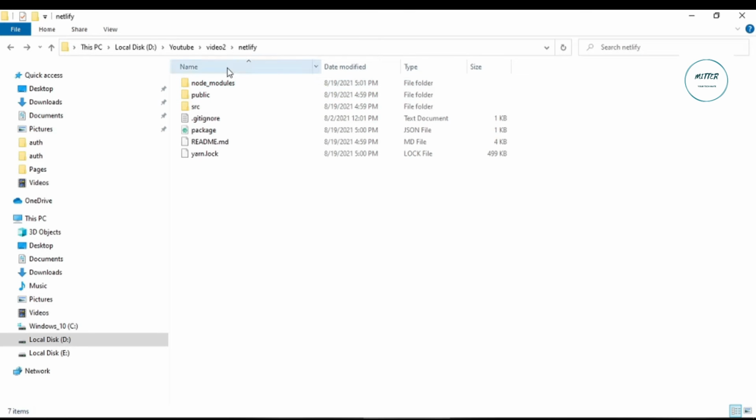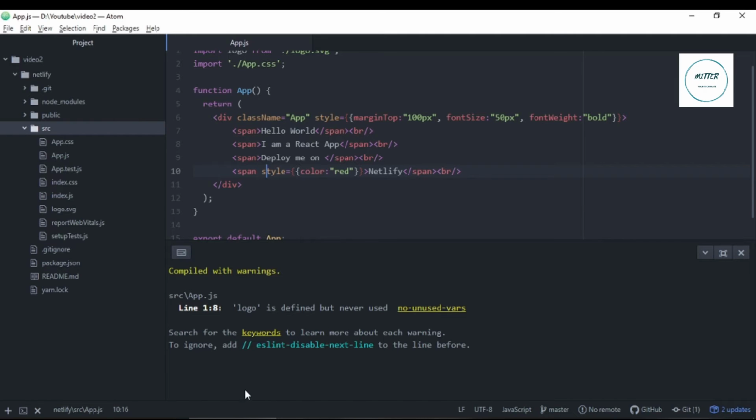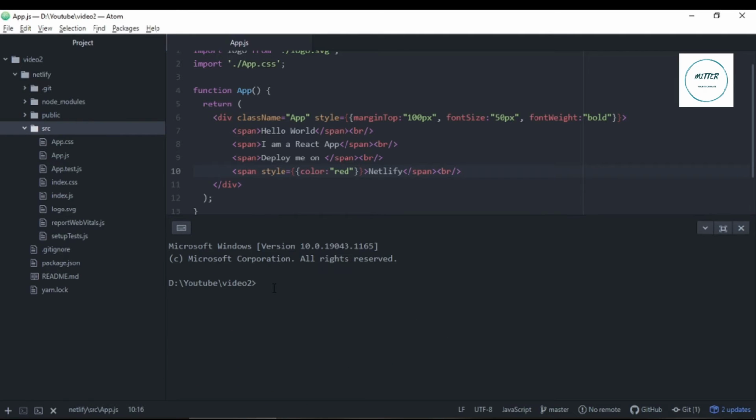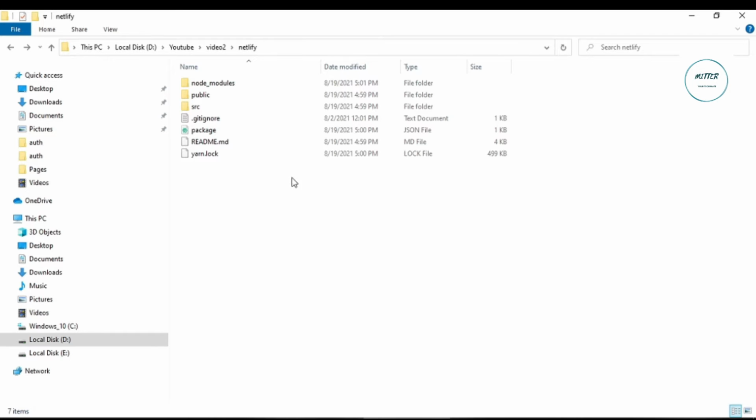As of now, this application is not ready to be deployed. To deploy this on Netlify we need to run a simple command in our command line, which is npm run build. When I run this command, one more folder will be created in the directory where my application is placed.